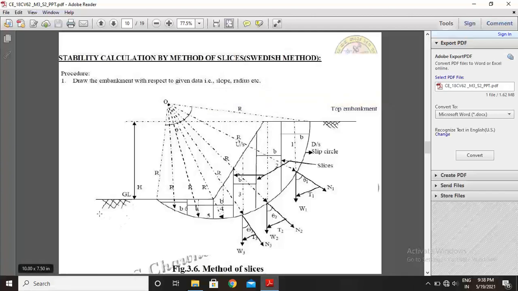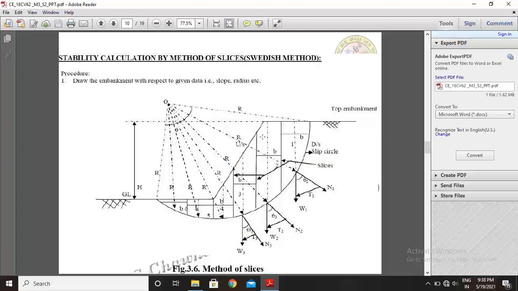Now I will explain. First you draw the horizontal line, then you locate the slope, then you measure the height h and select, according to scale, these two lines. So the bottom line and top line are drawn, and the slope is selected at the given angle. Then after plotting the embankment based on the slope,